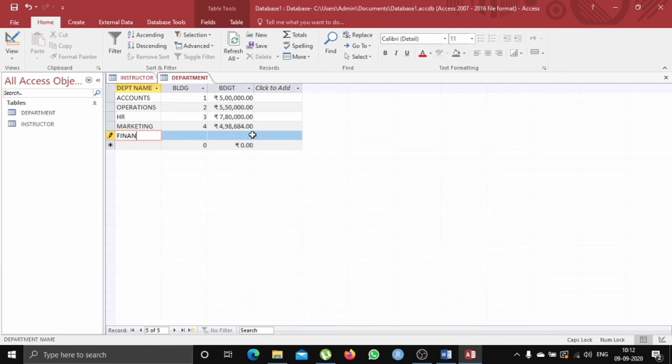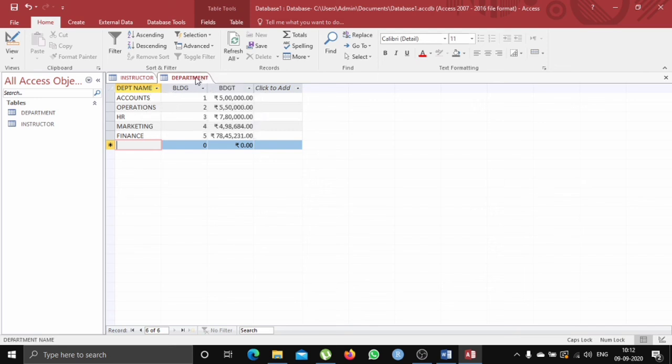Next we have finance with us, the random amount. So here we have created the department table with 5 details, that is accounts, operations, HR, marketing, and finance.